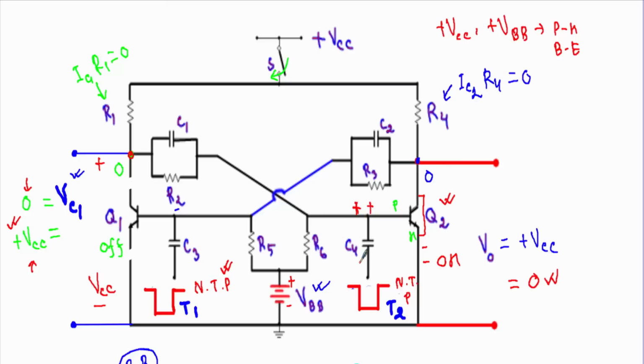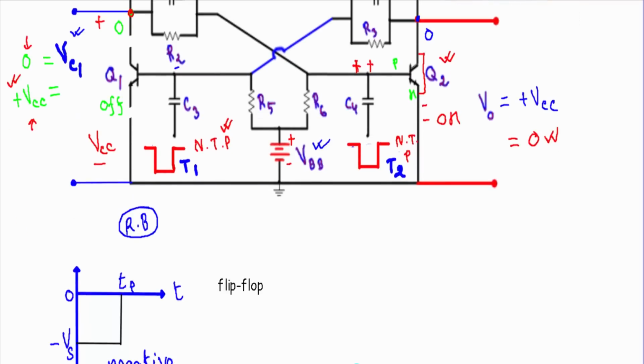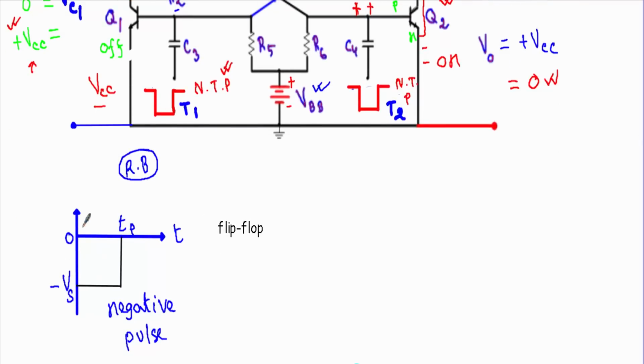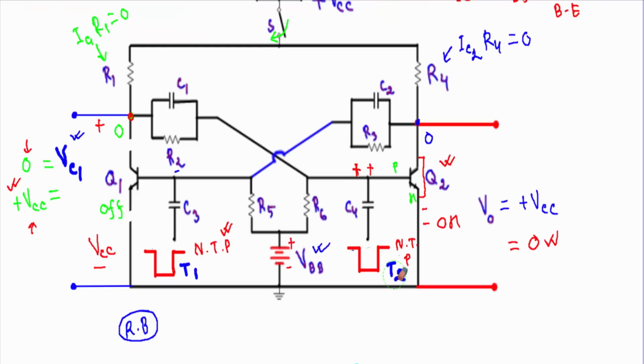If I apply an additional negative triggering pulse T2, with a value of minus Vs for a time interval of 0 to Tp, and the value of this negative voltage is greater than this voltage VBB, that means if I apply this negative triggering pulse, it will drive the base to emitter junction of the transistor Q2 in reverse bias. Therefore, now this transistor